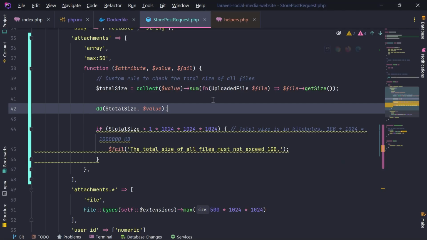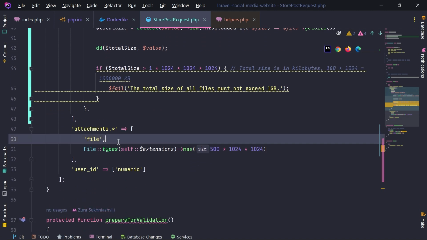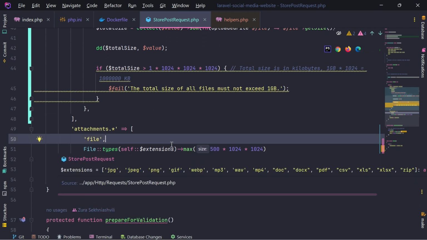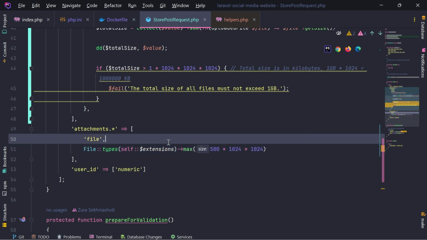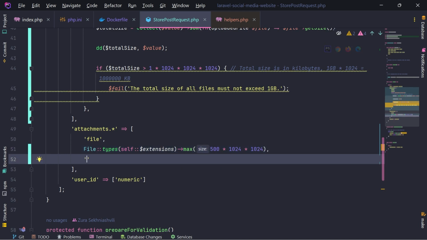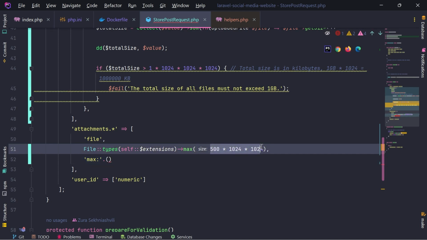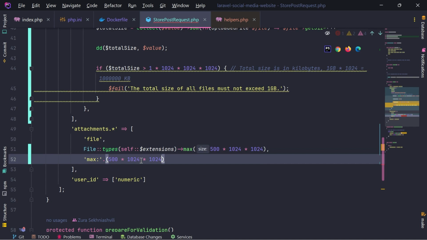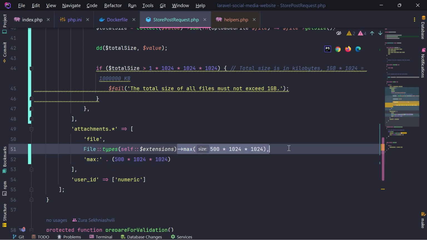Okay, so in this case, we can use this max like we are using here, but in the case of files, which is a good idea, because right now we have this single rule for types and max. But if we create a new rule here, I'm going to call this max of basically 500 multiplied by 1024 and multiplied by 1024, basically 500 megabytes. If we specify this and remove that,